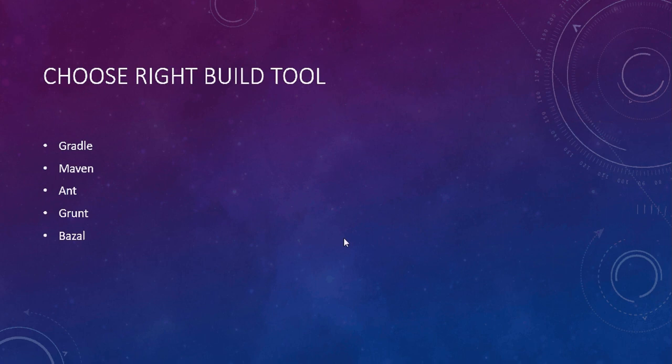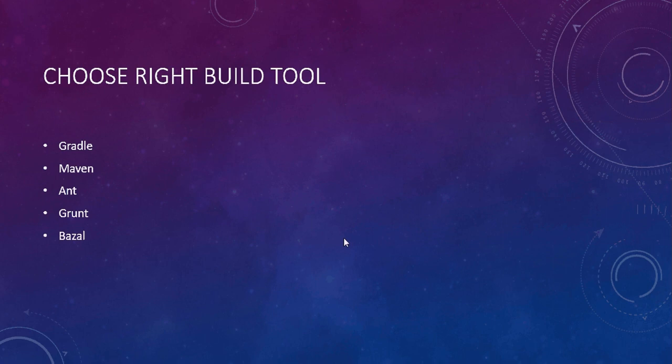And the final one is Bazel. Bazel is basically developed by Google, and it also has the capability to deal with projects in Java, C, C++, Go, Python, Objective-C, and others.